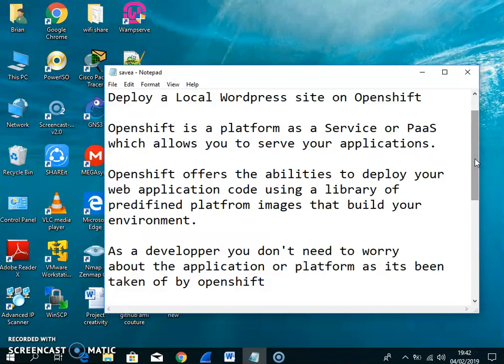So as a developer building your website, you don't need to worry about the platform you use because it's going to be taken care of by Openshift. So to get started,